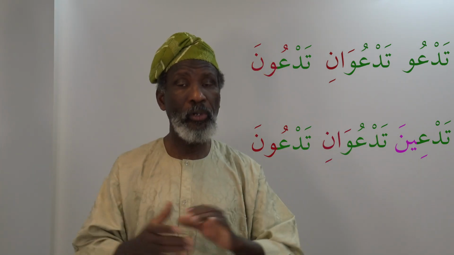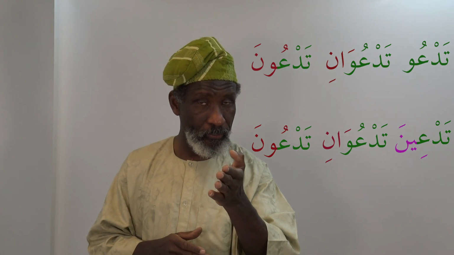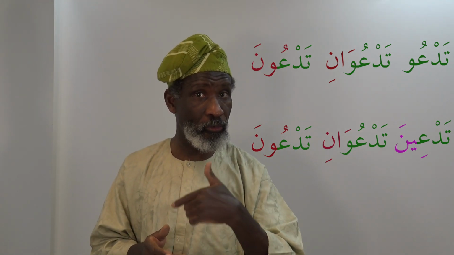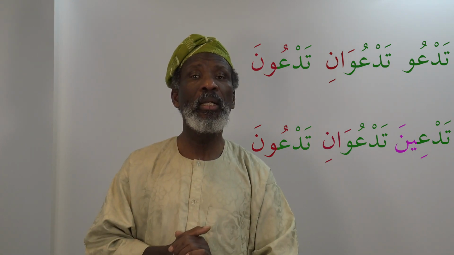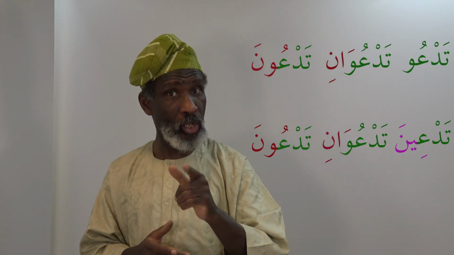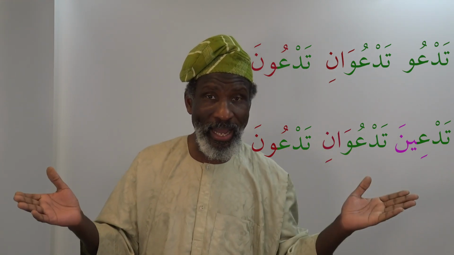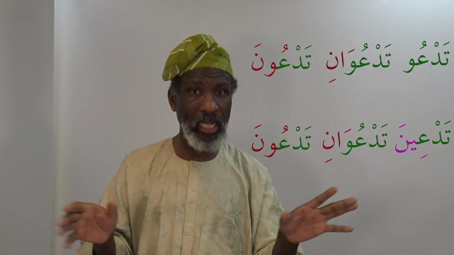So the table of the second person is تدعو for you male singular, تدعين you singular female, تدعواني two of you men, and it's the same for two of you women, تدعواني. تدعون three or more of you male, and the wow here is waw al-jama'a. And for three or more of you female, تدعون as well. But the wow here is an original wow. It's the third root letter. And noun is noun niswa.